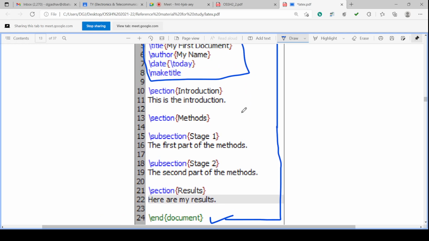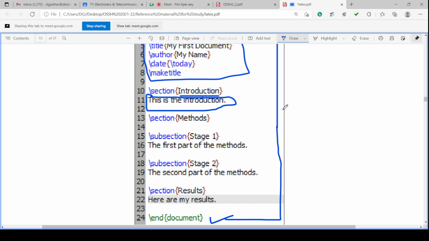After title there will be a section, \section introduction. The first name of the section is introduction. So the introduction section name will appear. And then this is the introduction. This is simple text. Here it is showing one single line. You can have a lot of text.